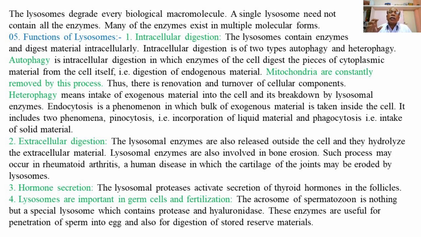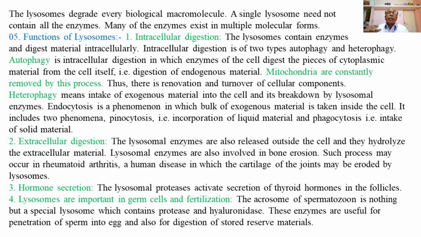a part of the mitochondrion can be picked up by the lysosome, or there is a formation of an autophagic vacuole, which is formed by the fusion of a certain portion of the mitochondrion containing certain enzymes with the lysosome, or the primary lysosome, to form the autophagic vacuole. Thus the intracellular digestion of the endogenous material usually takes place with the help of enzymes supplied by the mitochondria or a part of the mitochondria,